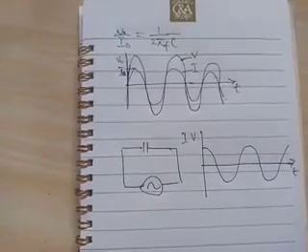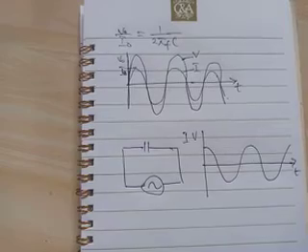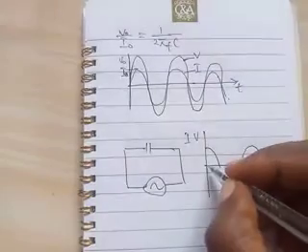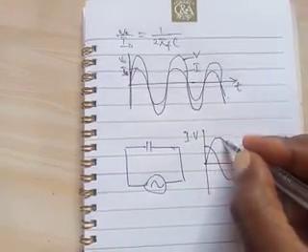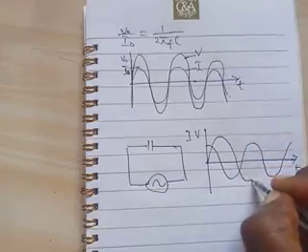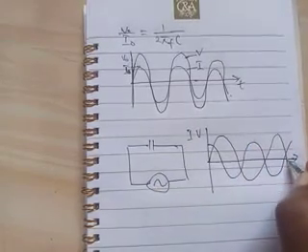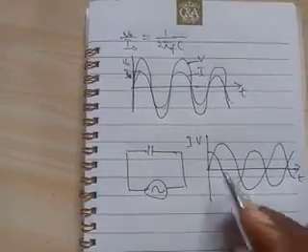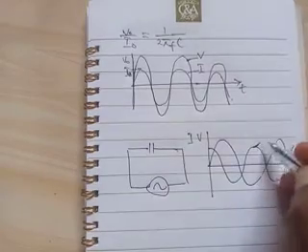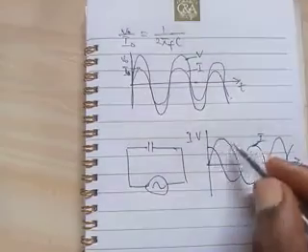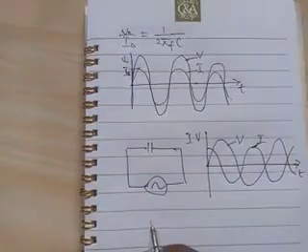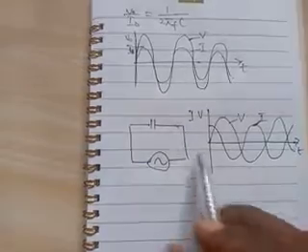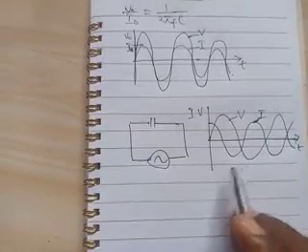But the voltage will begin from here and so on and so forth. So this is current while this is voltage. When we compare this now, you will notice that this phase diagram shows that V,